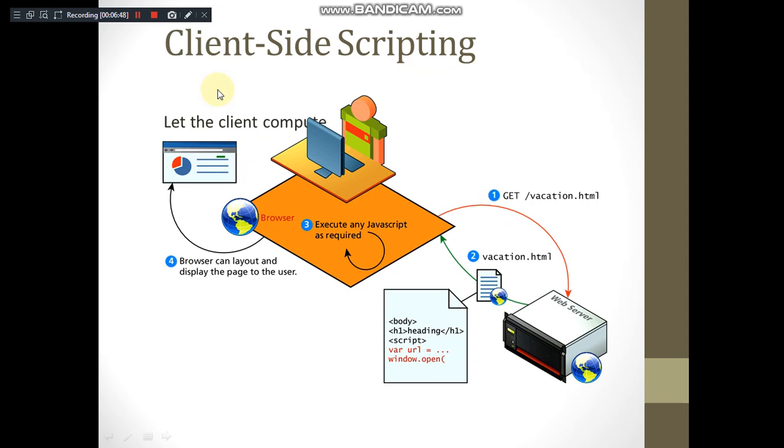So why the name client side scripting? The reason is, whatever you have requested, the page is written by the server, but it is executed at the client's browser. That's why we call it client side scripting. This part of the code is not executed by the server, rather it is executed by the browser itself. That's why the portion of the syllabus that we are looking into in this chapter, or this particular module, is totally on client side scripting. The reason is it is executing at the user's or client's browser, not by the server.